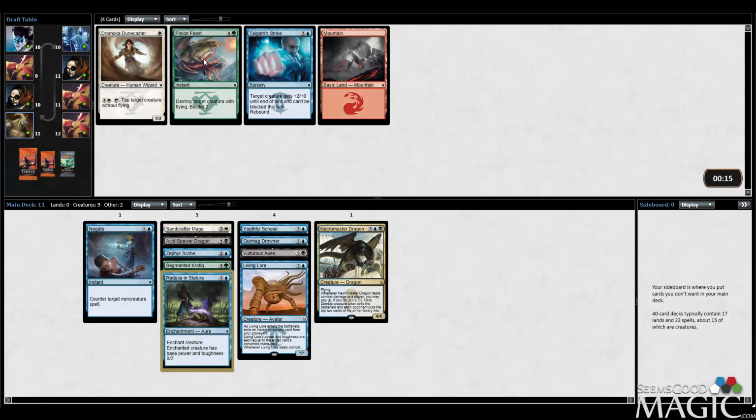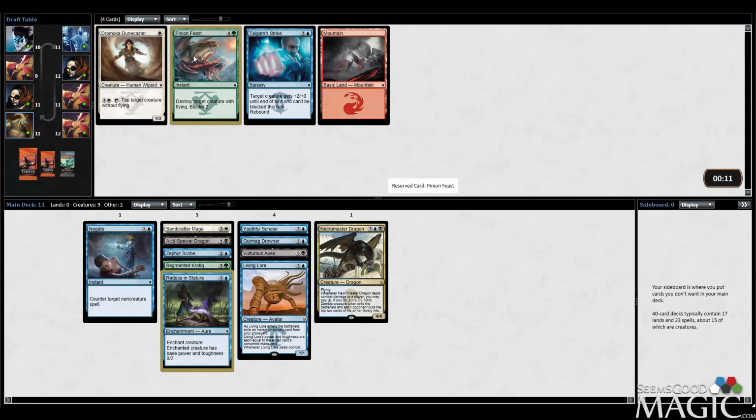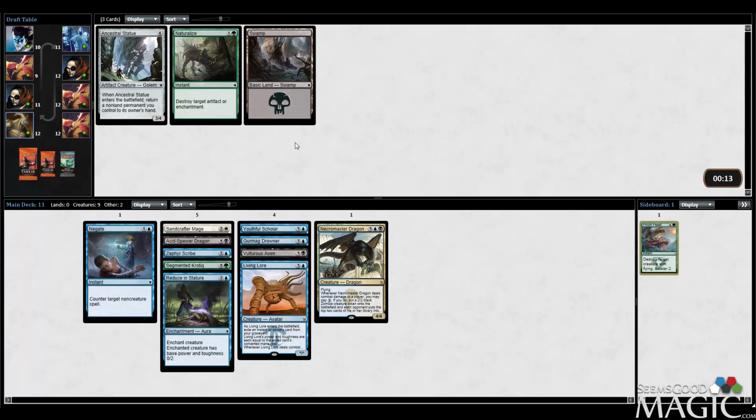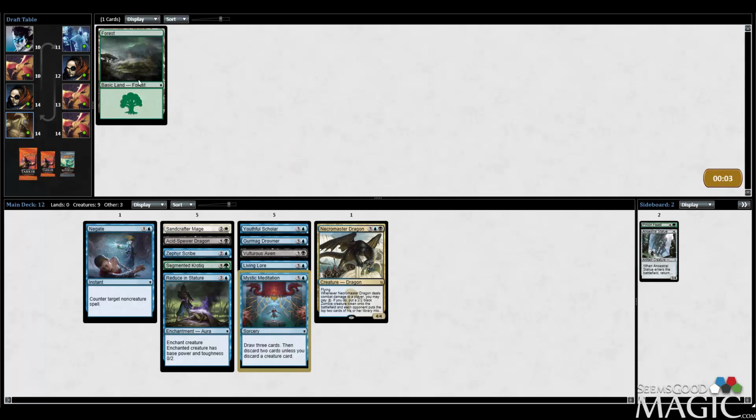All right, I'm going to hate Pinion Feast over taking Tygom Strike. Seems very unlikely I would play Tygom Strike, and Pinion Feast is just going to be good against us. So we'll hate that. All right, Ancestral Statue. I actually don't like the card for the main deck, but it's a sideboard option if we're playing against a heavy pacifism deck. All right, Mystic Meditation's playable, but another 4-drop, which I don't really like for this, but